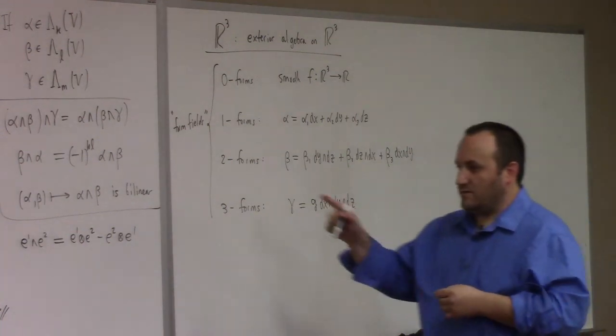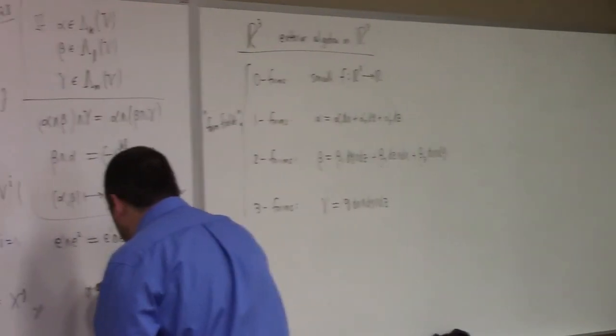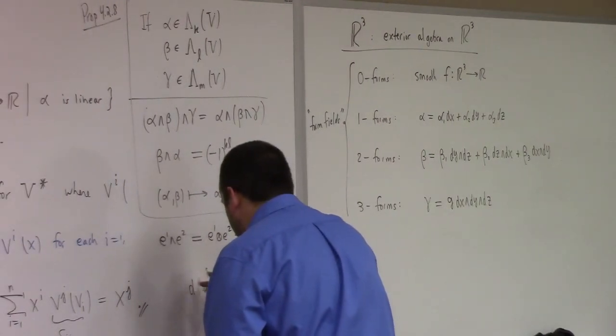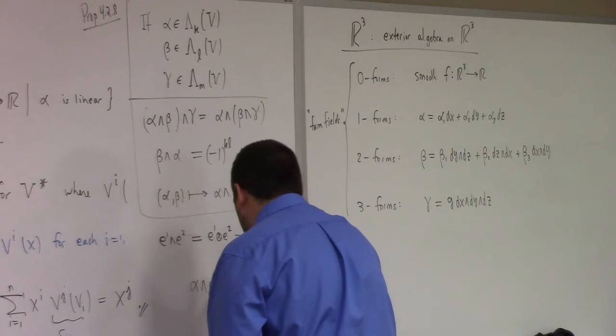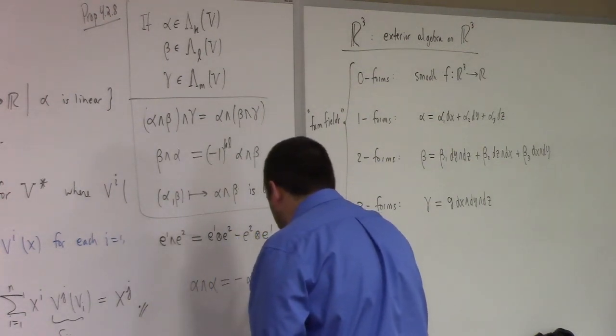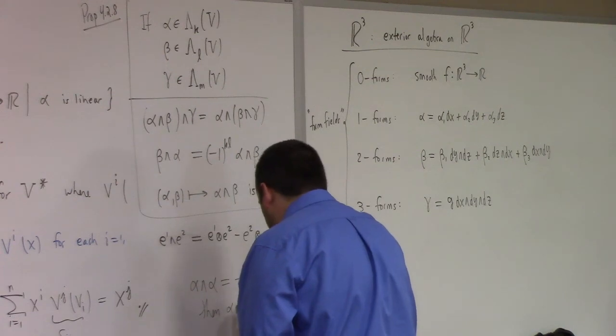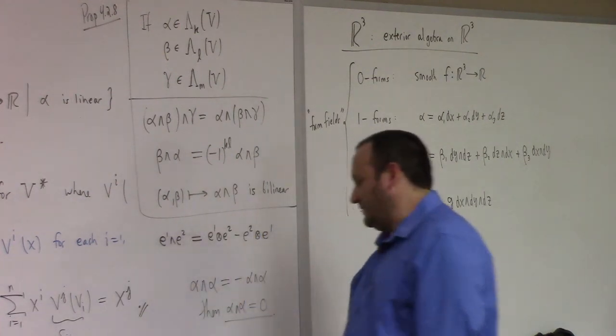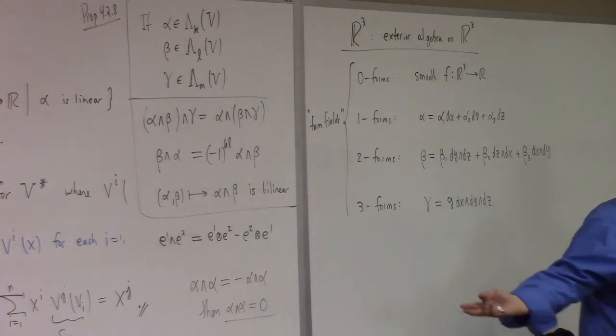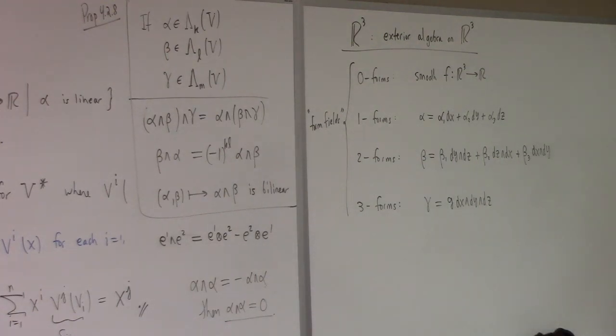Because one of the things you can prove from these pretty quickly is that if we have alpha wedge alpha equal to minus alpha wedge alpha, then alpha wedge alpha equals 0. That would be the case if the degree of the form is odd, then you actually get a minus. If you had a 2 form wedge a 2 form, it wouldn't have to be minus again. But in particular, for dual vectors, if you take the same dual vector and wedge it with itself, it comes back to minus under that rule, which means the wedge product of any